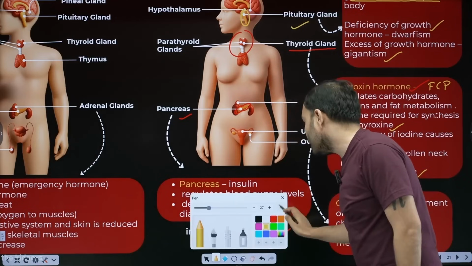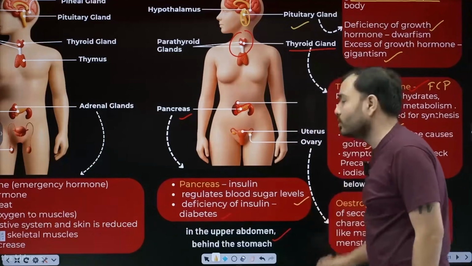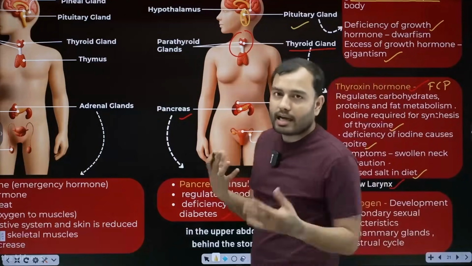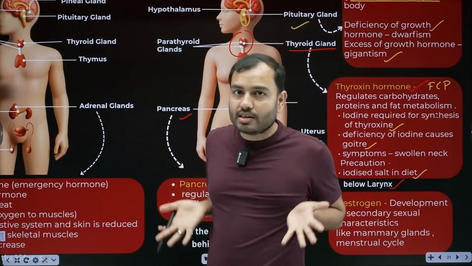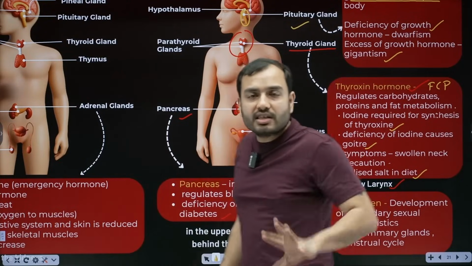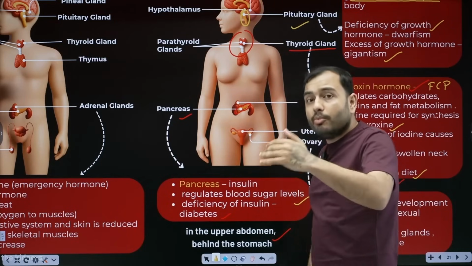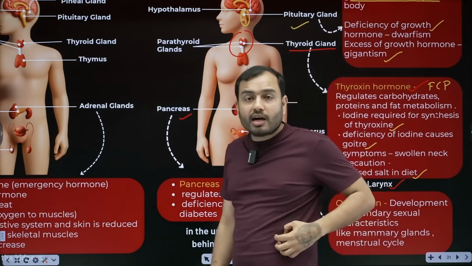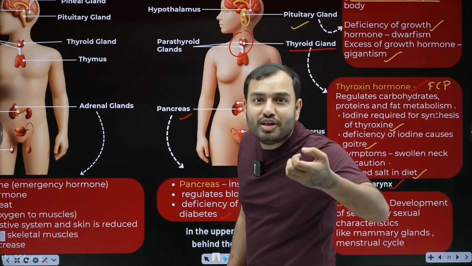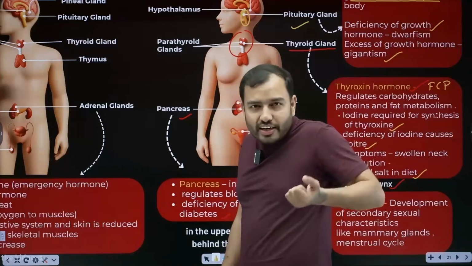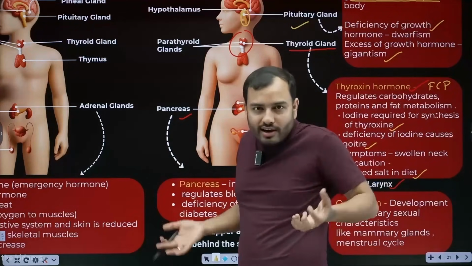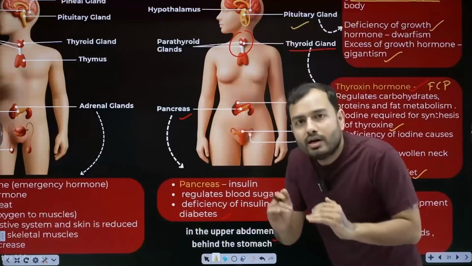And what is the work of insulin? It regulates blood sugar levels. You ate food, there was glucose, sugar in the food. Suddenly the sugar in the blood increased. So what does the pancreas do? It releases insulin, which reduces the blood sugar. Those whose bodies have this problem that insulin is not being made, what do they do? They take an insulin injection. You must have seen diabetic patients taking an insulin injection. The blood sugar level was high, insulin went in, it brought the sugar down.